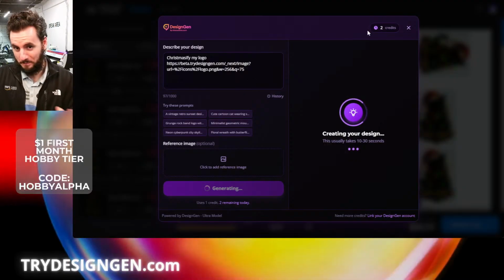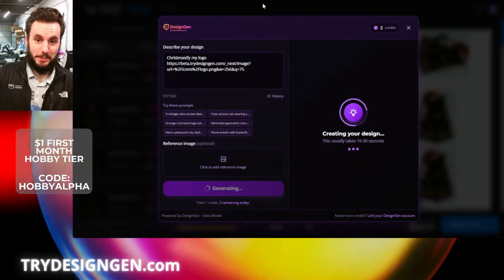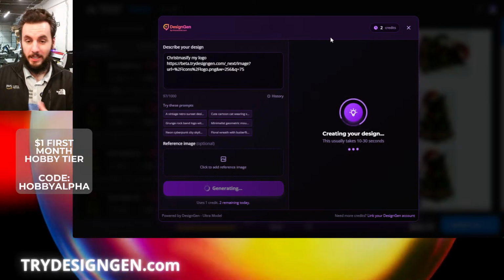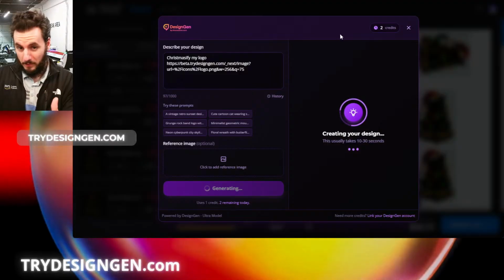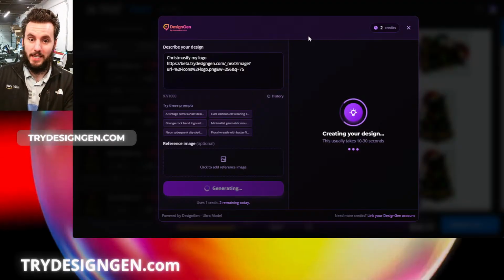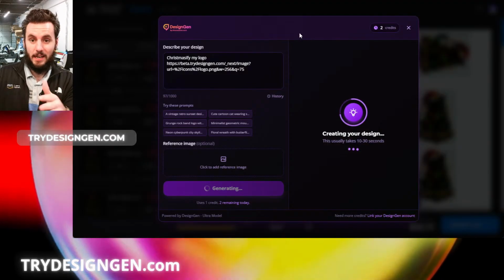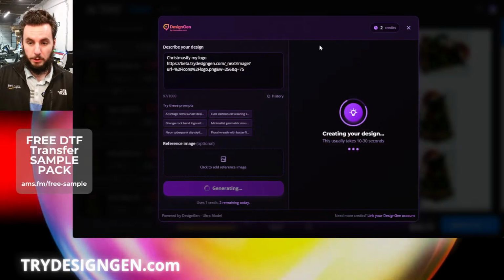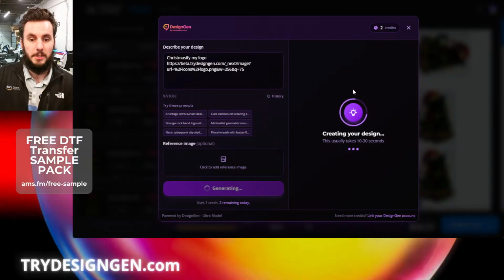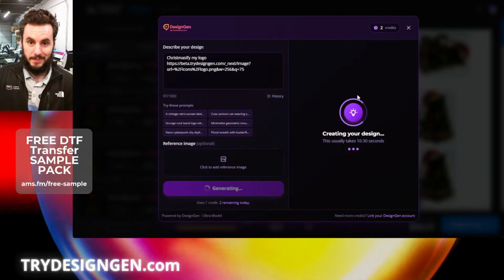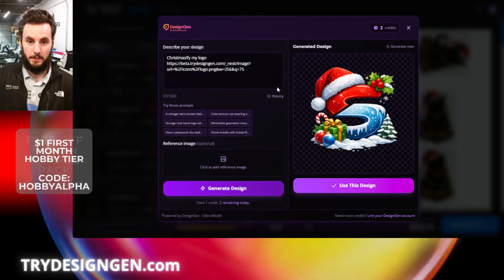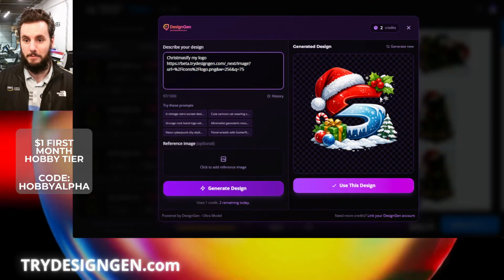We're gonna try actually creating a design right here natively in the gang sheet builder, not going anywhere different. We're gonna create the design with AI, with DesignGen, in our gang sheet builder. So this is going to unlock so much potential for our customers, being able to actually create the designs right here. If they can just describe whatever it is that they're looking for, like I just said, Christmasify my logo,